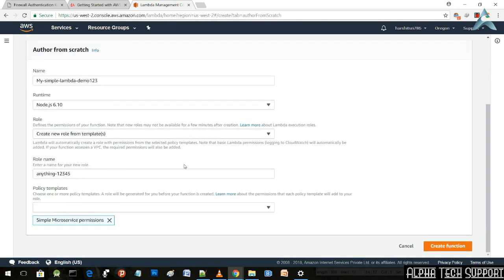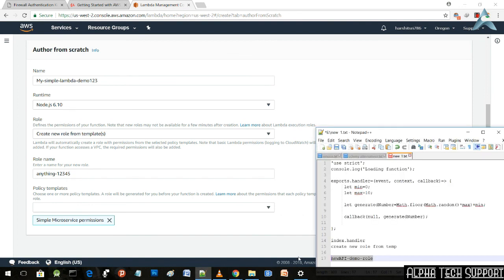Just copy this role name for future reference. Just hit the create function button. This Lambda function would be created. I'm just copying it on